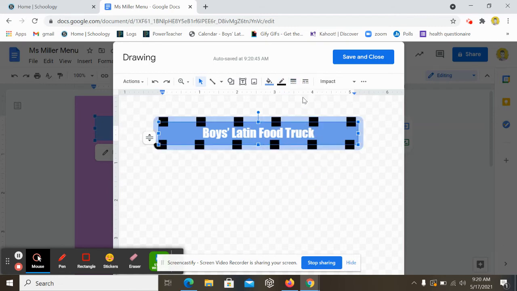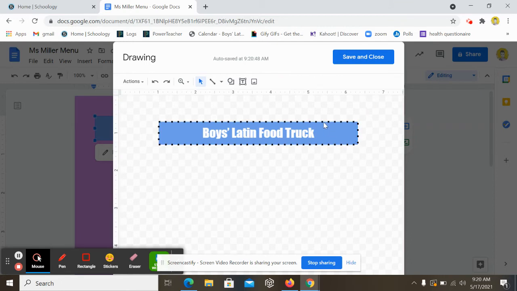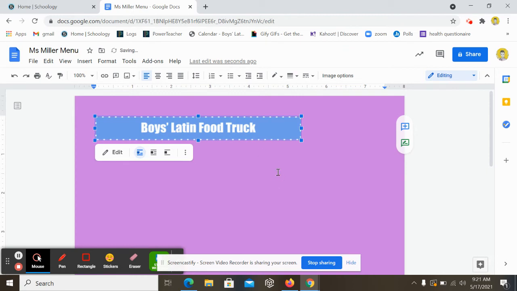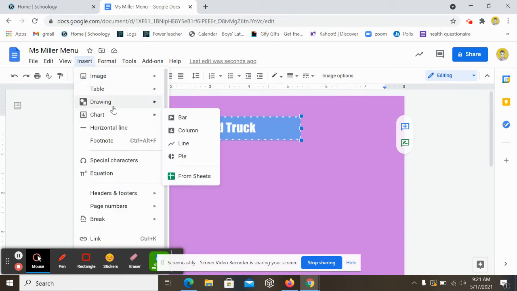It could be really big dots. Oh, I don't like that look. Or smaller dots. That's not too bad. You can even change the border color by this little pencil and line. So I like the white and match the font. There we go. Now, when you add a shape or a drawing, so we were in the insert drawing tools,